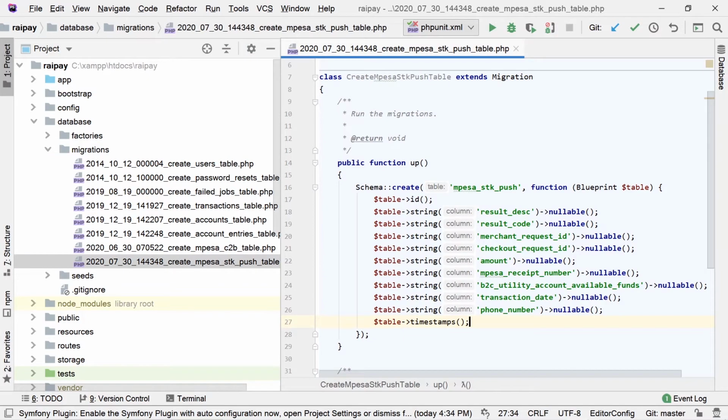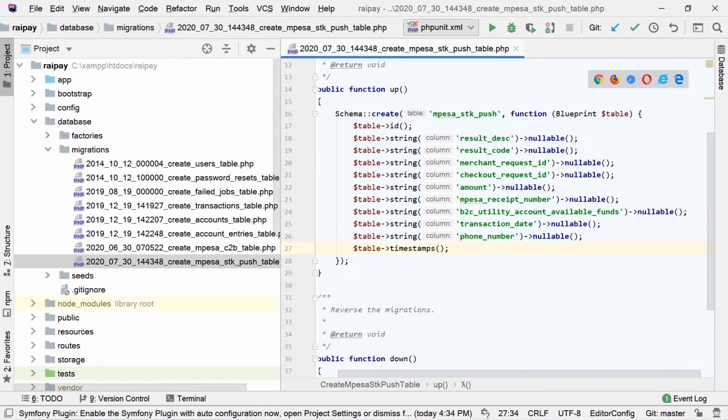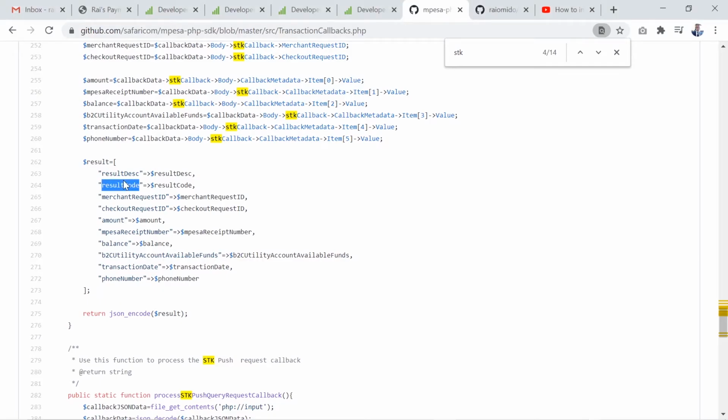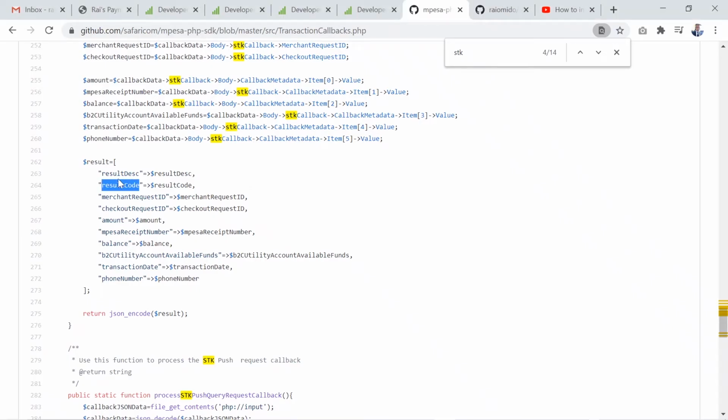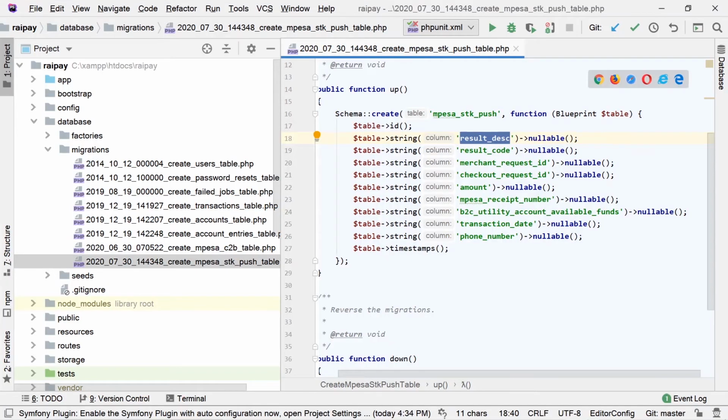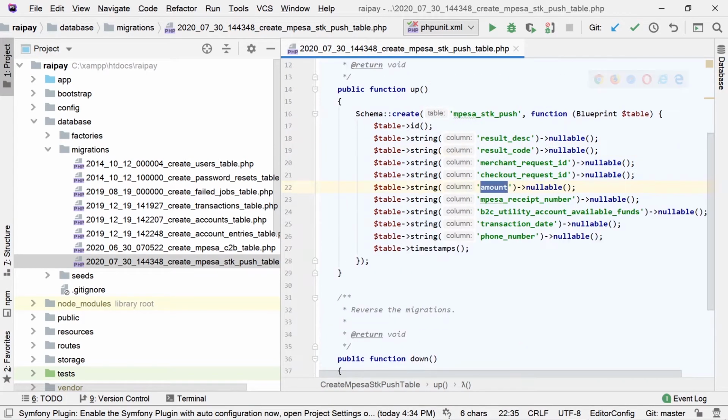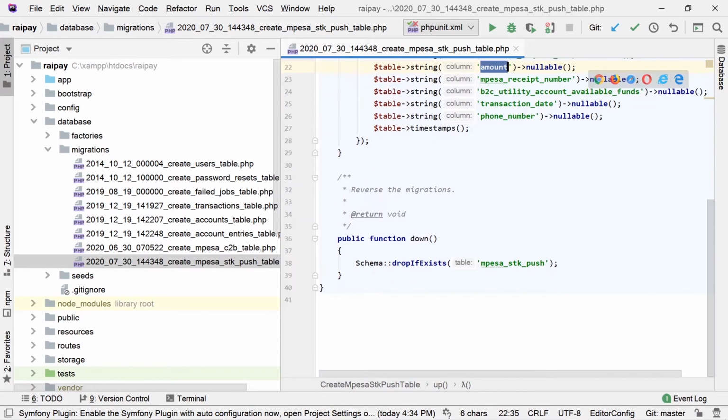Now, I already prepared my database. Like I said, I just took these fields and I made them snake case, because I don't like saving camel case in the database. So I have all those fields. I have result description, result code, which shows whether the transaction was successful or not, merchant request ID, and everything else that we need. So once you have your migration,